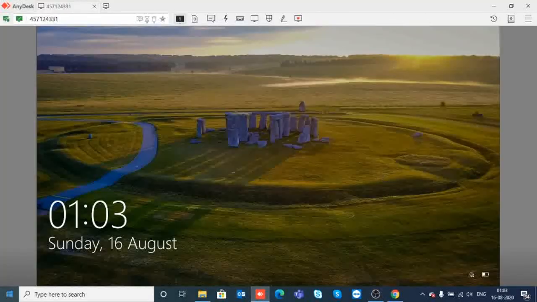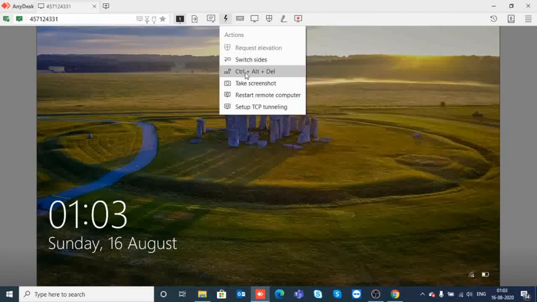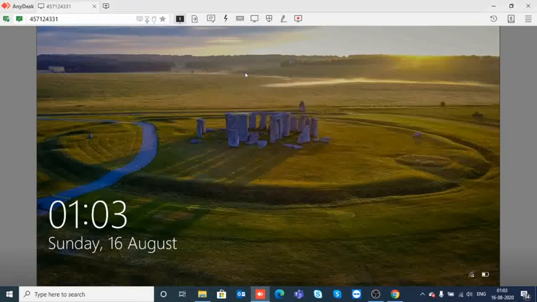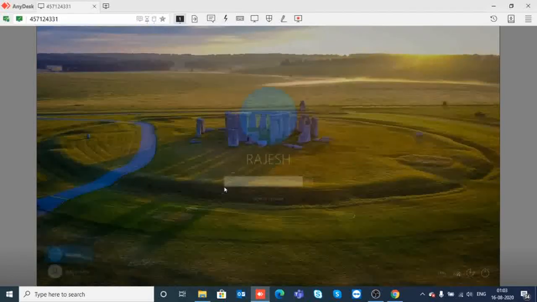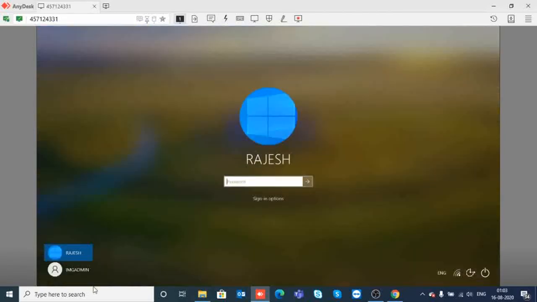You can see that the machine has appeared. I just restarted it, and this is how it looks at first. You have to click here and press Ctrl+Alt+Delete. My machine is in a workgroup, so I don't have many users to switch.